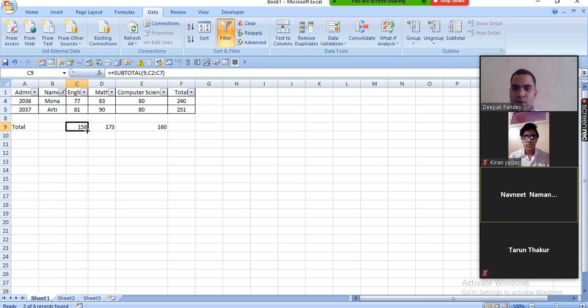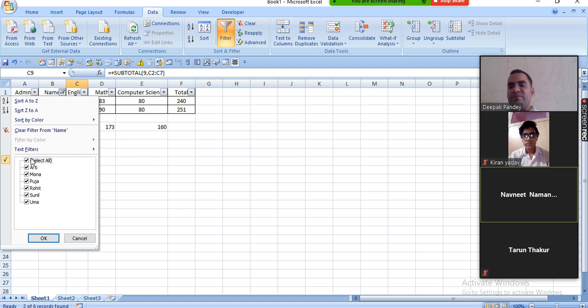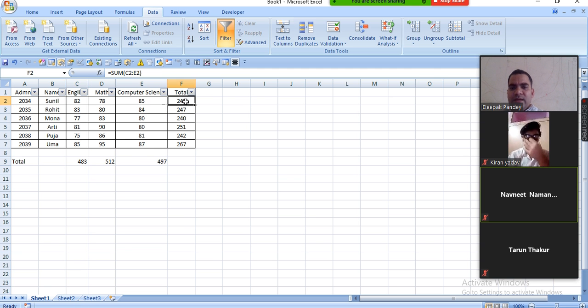Autofill is nothing, just we are copying the formula into other fields. The main formula is applied in this field and we dragged and dropped it across all fields.